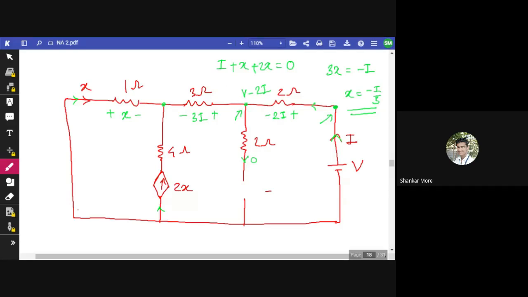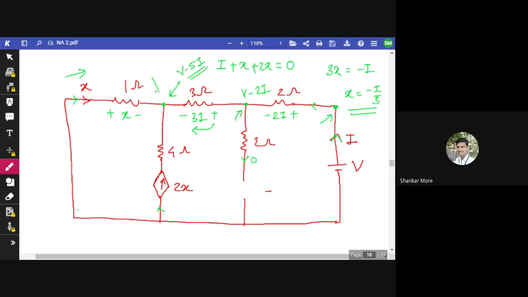If I am going wrong, please tell me. All right. Now, this is V minus 2I, and again we are going from positive to negative. So again what will happen? Subtraction, the 3I will be subtracted from V minus 2I. So what will it become? V minus 5I. Okay? All right. Yeah, fine. Okay, okay, fine. So V minus 5I is here, and if we come from this side,